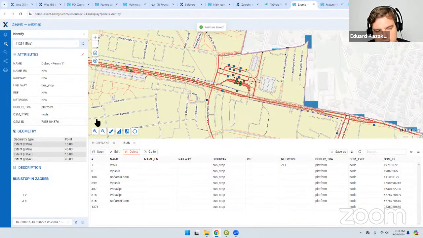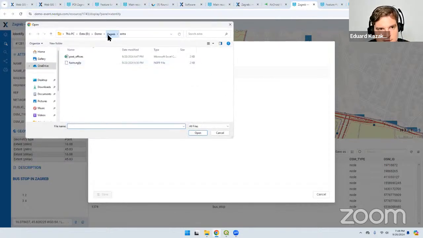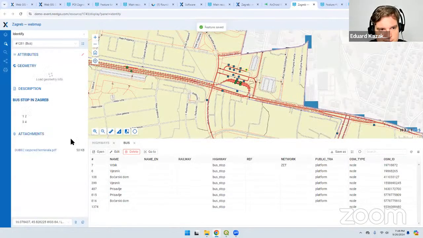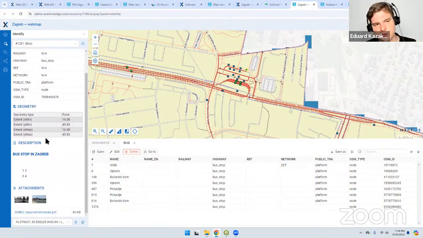So I can add some rich descriptions to all features I have. And these descriptions would be rendered here near the attributes and geometry. More than that, I can add any attachments I want to any features I have. You can add any files. I have several examples. Yes, documents, photos, video records, audio records, whatever. I have added 3 attachments, 2 images and 1 PDF file. So after adding them, I can see them here in the same identification block. So you can describe your features in a real rich way, not only attributes, but also some rich text descriptions